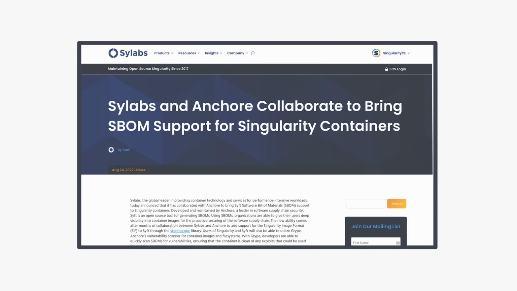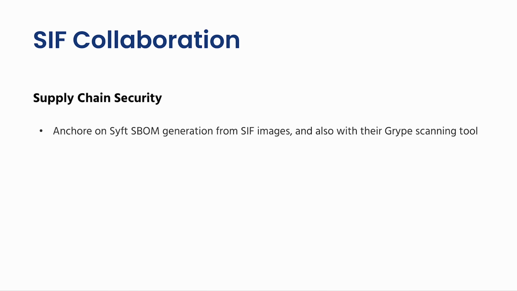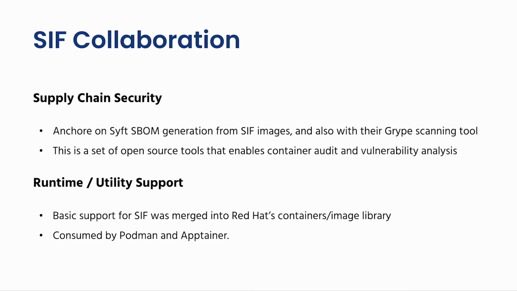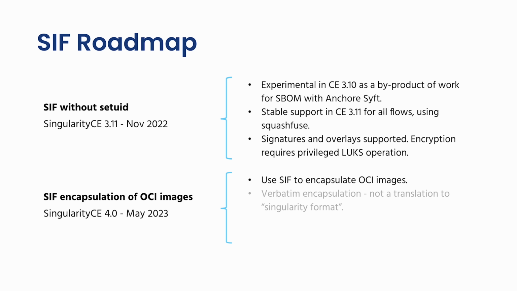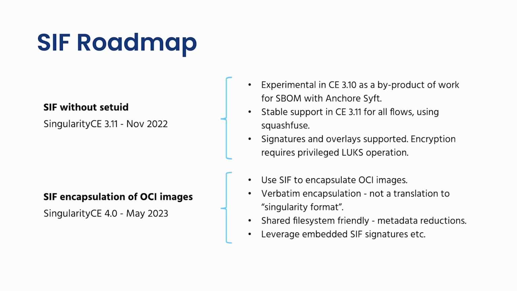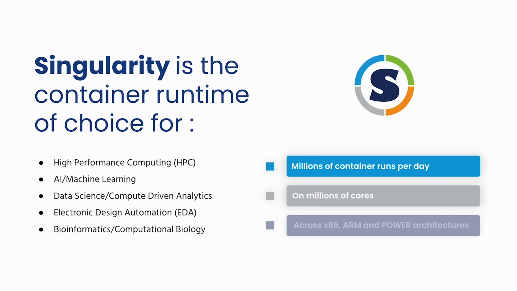The SIF image format has been a mainstay in high-performance computing, where customers may take a few source application containers from their favorite container registry to build a production SIF container for deployment in their cluster. SIF is recognized as an important format where we worked with Red Hat to provide support for SIF within Podman, and Apptainer also supports SIF. Sylabs continues to develop the SIF format to address the needs of a rapidly changing and growing community. Keep an eye on our GitHub repository for what we have planned, or to check out our announcements for recently released features.